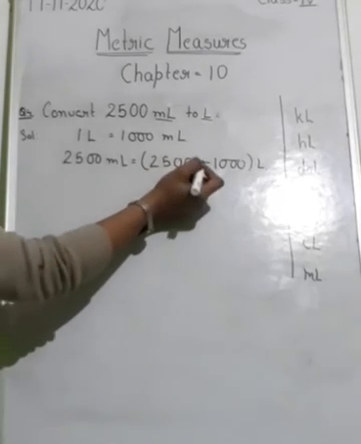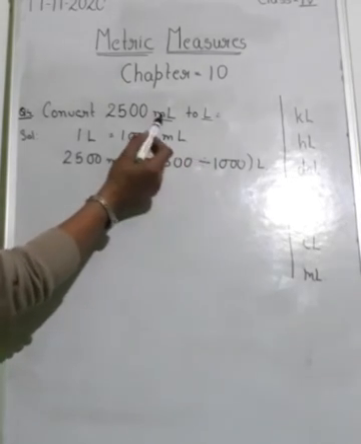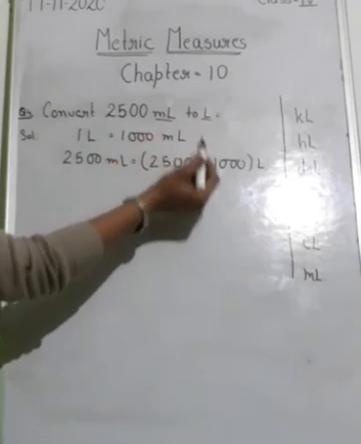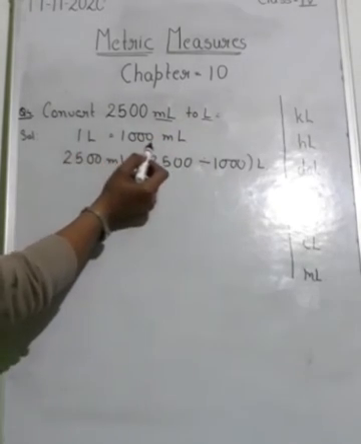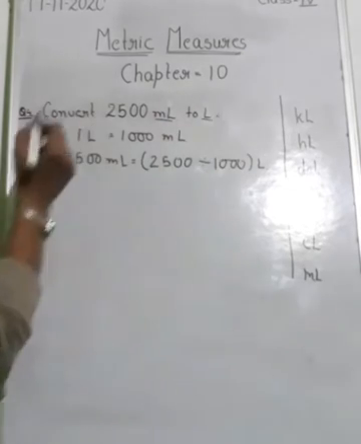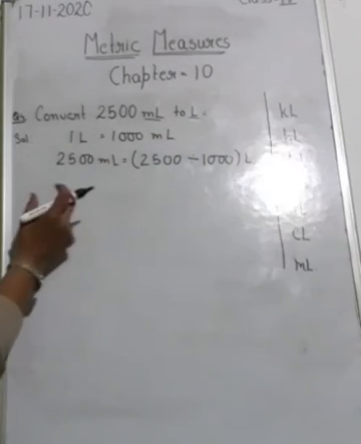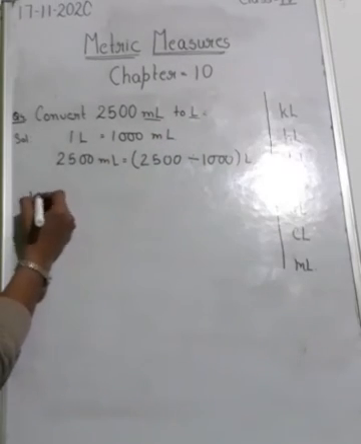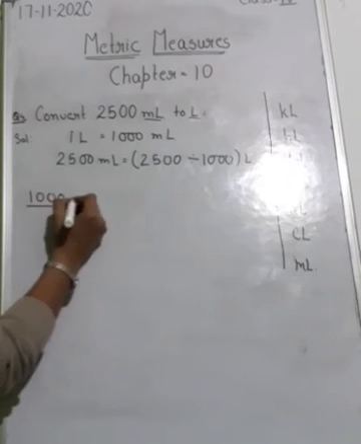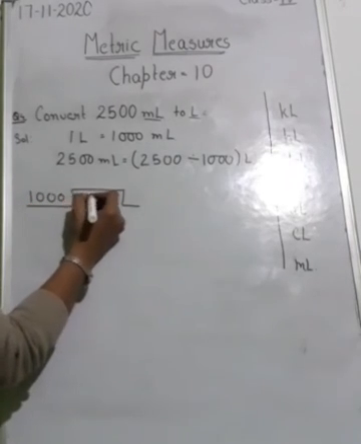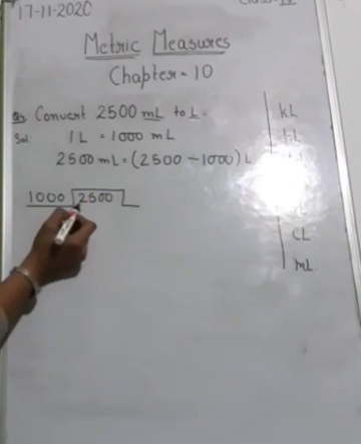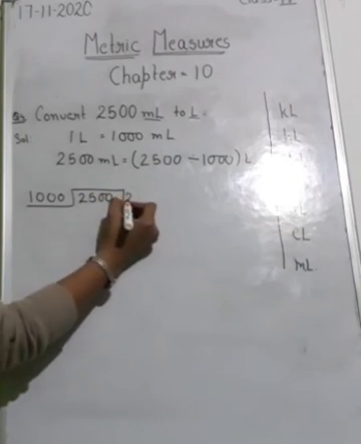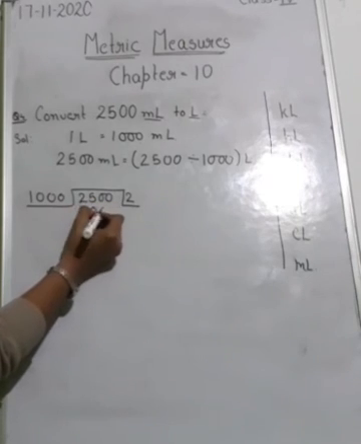Okay, this I told you again. I am telling you that if you have to convert a smaller unit into a bigger one, you have to do the division, and as 1 liter is equals to 1000 milliliter, that's why I am dividing it with 1000. So I am doing the division part over here. This is 1000 dividing 2500. Okay, so here it is 2, the first digit over here. So 1000 2s are 2000.